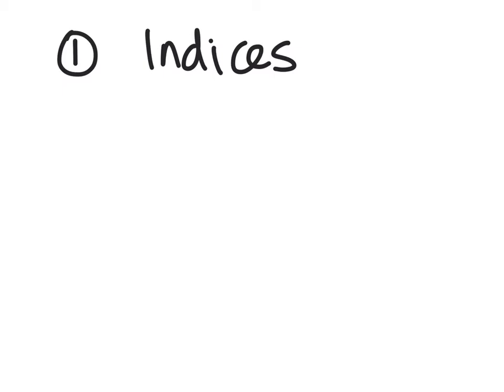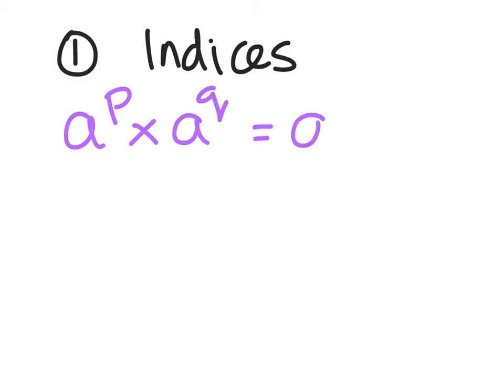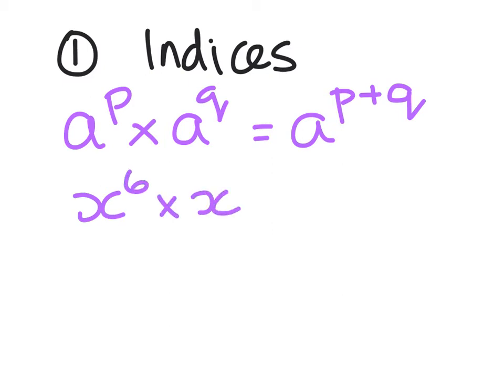Question 1 is all about indices. Now indices is just powers, and the rule that we're going to use is that a to the power p times a to the power q is equal to a to the power p plus q. So for example, x to the power 6 times x to the power 7, the answer is x to the power 13. Now if you apply that to the first one,